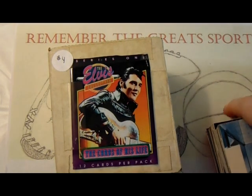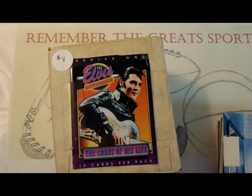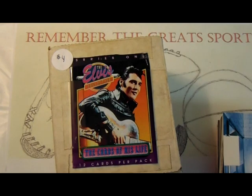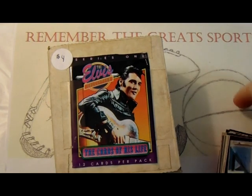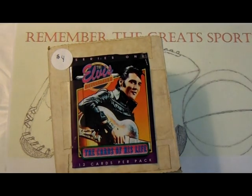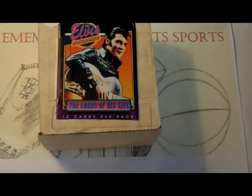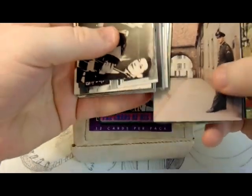If I would have known these were just singles, I probably would have passed and left them there. These aren't that valuable. I mean, you can get the whole set for 15 bucks. That's the 1 to 220. Might cost you a little bit more to ship them, but these aren't really what I'm into collecting. I mean, there's people that collect numerous things that are out there. If anybody is interested in these, maybe we could work something out, but they're just singles of Elvis,